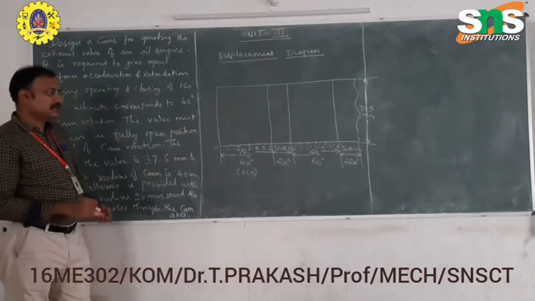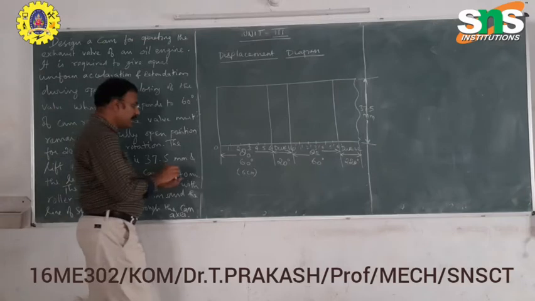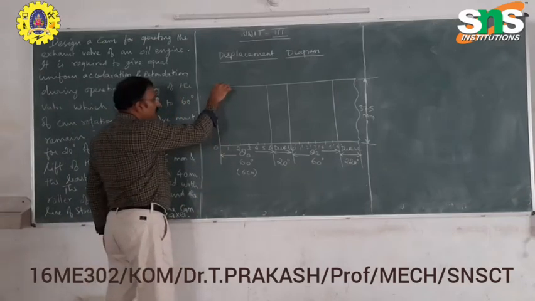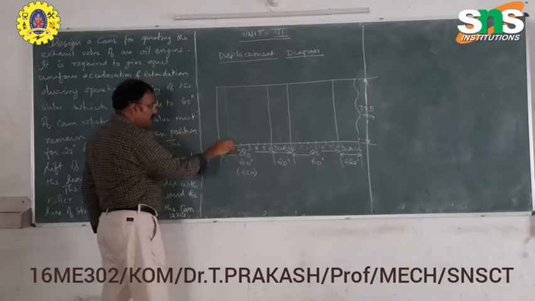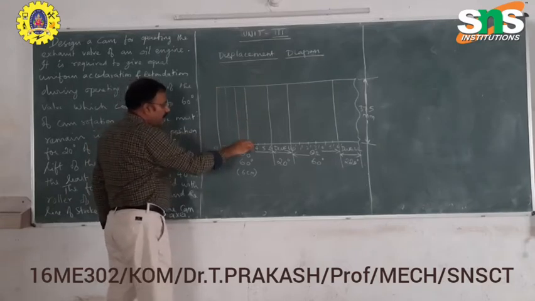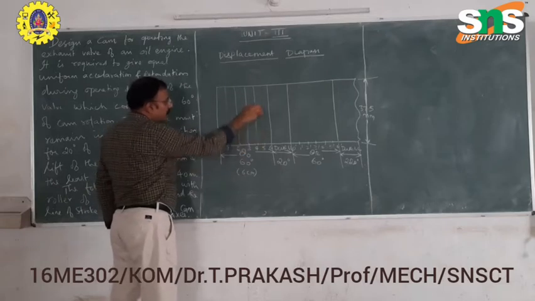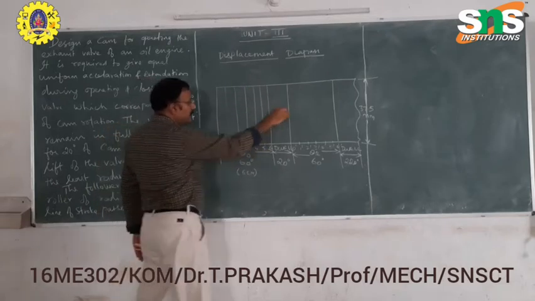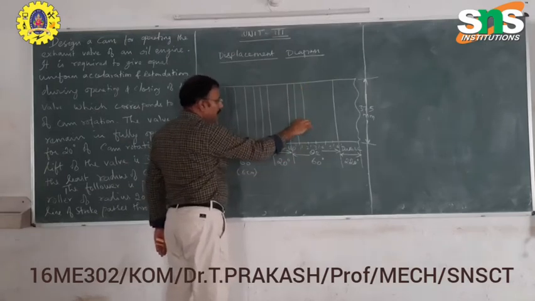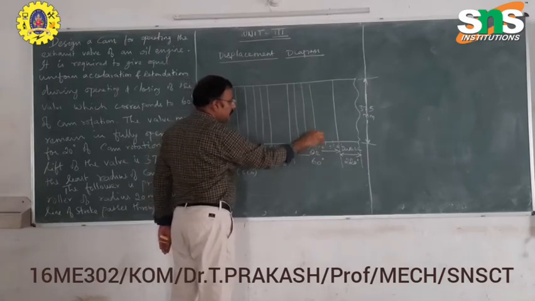These are our markings. Next, you draw vertical lines from all the points. We are dividing into 6 equal parts and drawing vertical lines from each and every point. Similarly, from the return stroke also, we draw vertical lines from all the points.